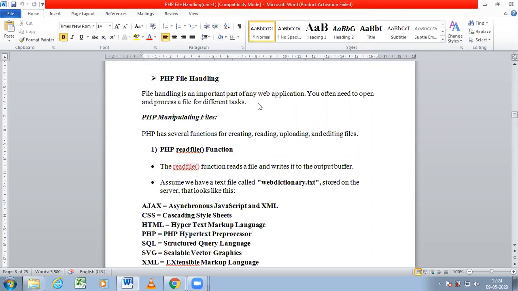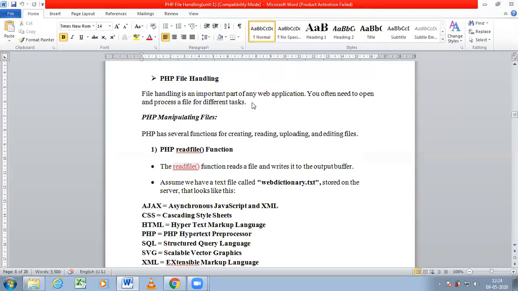In a series of lectures, today I will be discussing a lecture on files: how to handle files in PHP. Already we have learned so many concepts in PHP: how to work with PHP, what the operators are, and what the predefined functions and user-defined functions are that you can use in PHP, and how easily you can develop simple applications using PHP. Already we have seen all those things. So now, coming to today's lecture, that is how to handle files in PHP.